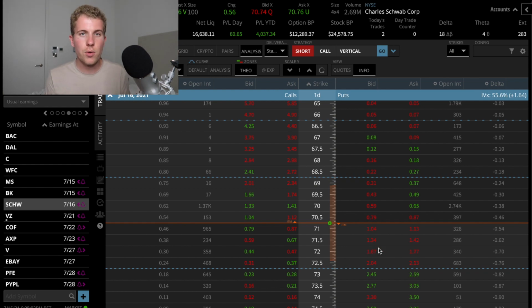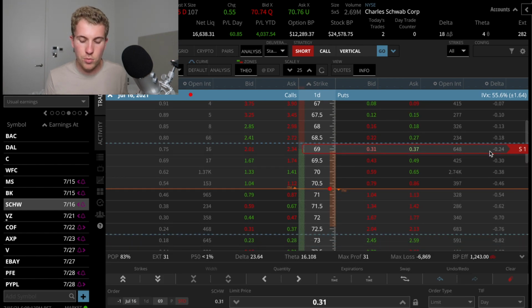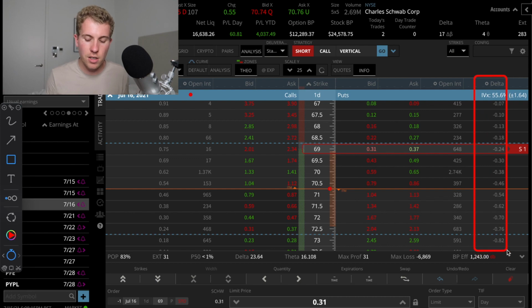Well, to build a short strangle, as I said, you need to sell a call and a put. And to do that, you could basically choose any strike that you want. You could sell, for example, the 24 delta put, which as you can see, the deltas are in this column. And remember that the delta is basically a quick way of referencing which strike we're talking about. If you talk about the 30 delta, then it means that that option at that 30 delta has roughly 30% probability of expiring in the money at expiration. And so 70% probability of expiring out of the money.